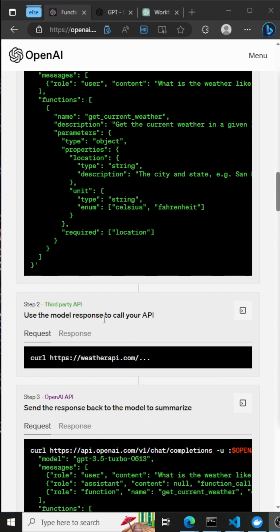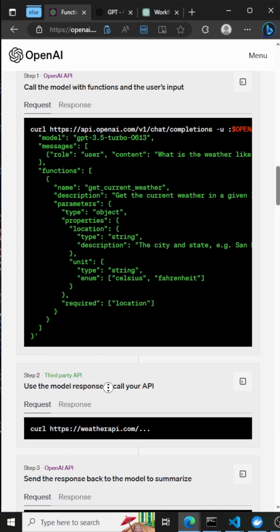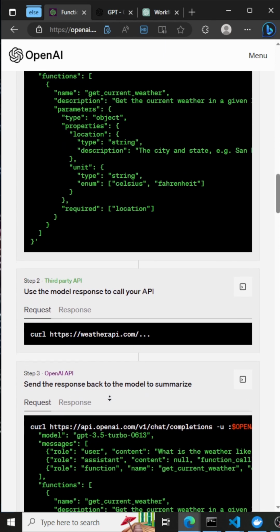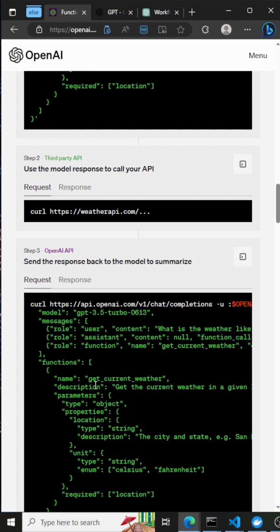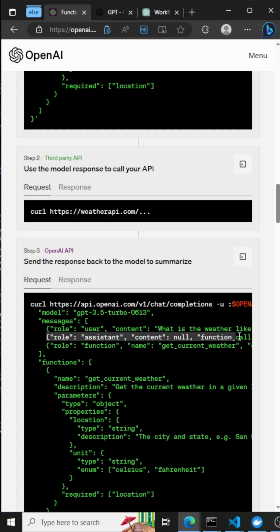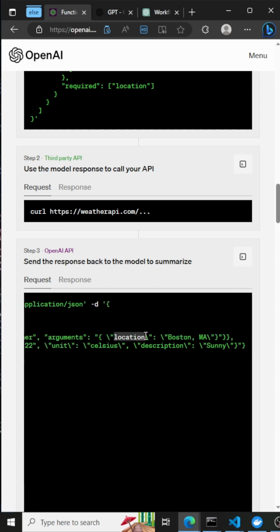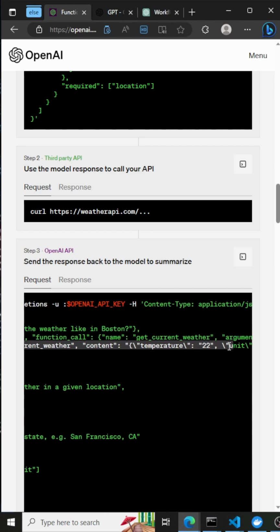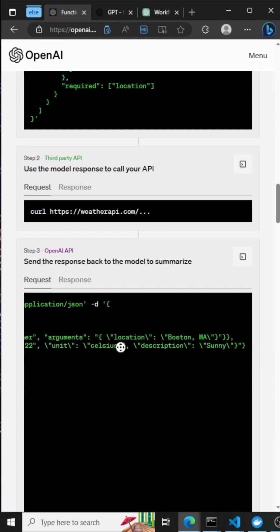Once you've already run the data through your API or your function or whatever you want to run it through, you then have to return that information back to the OpenAI chat API through the role function. So just take a step back. What happens is the user originally has a prompt. That prompt is then parsed by ChatGPT here as location Boston, Massachusetts. This is where it parsed out the original prompt and returned to you the location Boston, Massachusetts, which you then pass into an API, and the API returns the role function with whatever details you got from the API